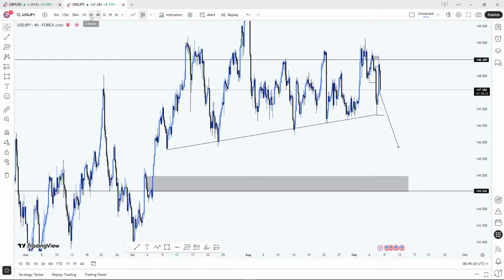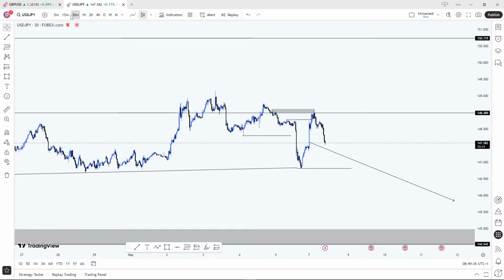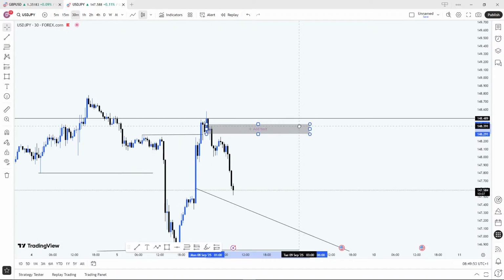Since all of this has been respected now, there is no zone I'm waiting to take that buy from. So I'm going to keep looking out for sells. The nearest liquidity now is this very low, which the price is likely to take out. But let's see if it has all the criteria we need. Now this is an order block, a 30 minutes time frame order block right here. A nice and possible sell zone.